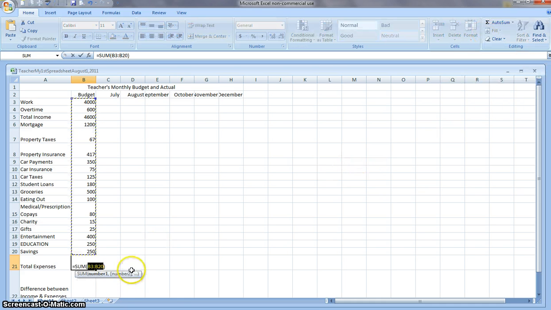And several things happen. Automatically, it wants to add all the numbers that are together, all the cells that have numbers in them. But I have a brain. I can think. I say, wait a minute. I only want to add my expenses. My expenses start in B6, not in B3. So I should just click in B6, drag my mouse down to B20, and now my formula says that I'm going to do B6 through. This little symbol here of a column means through, B6 through B20. So I'm going to be summing